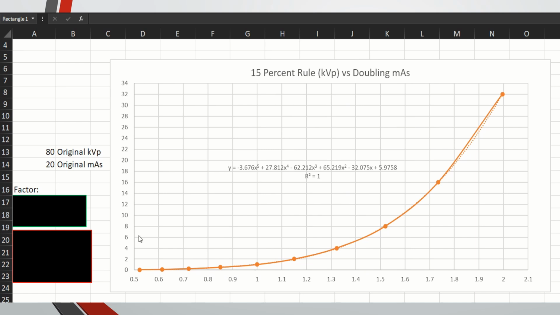So this is something I did based on the 15% rule. I graphed the 1-to-1 of mass to the original kVp, and then I used the 15% rule and I increased the mass by double each time. So at 15% it's double, at another 15% it's double, and I made a trend line and an equation, and we can extrapolate some things from that to see the 30% rule and see how that works. So originally, if we have 80 kVp